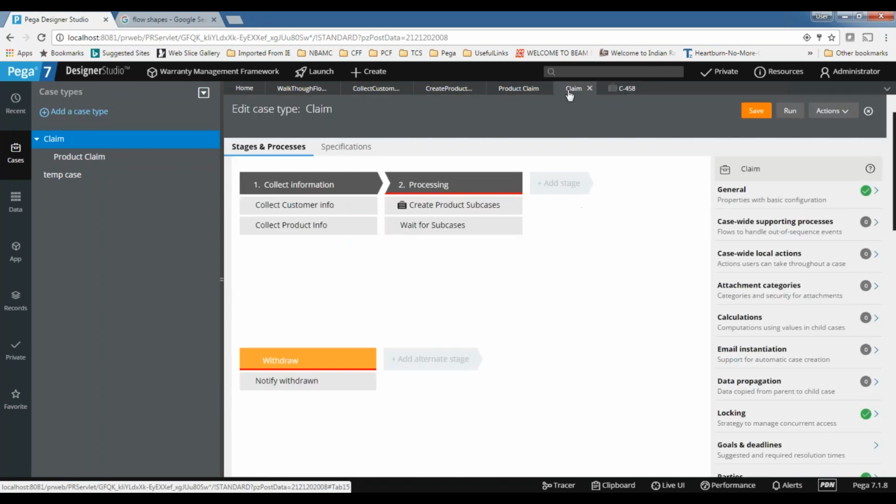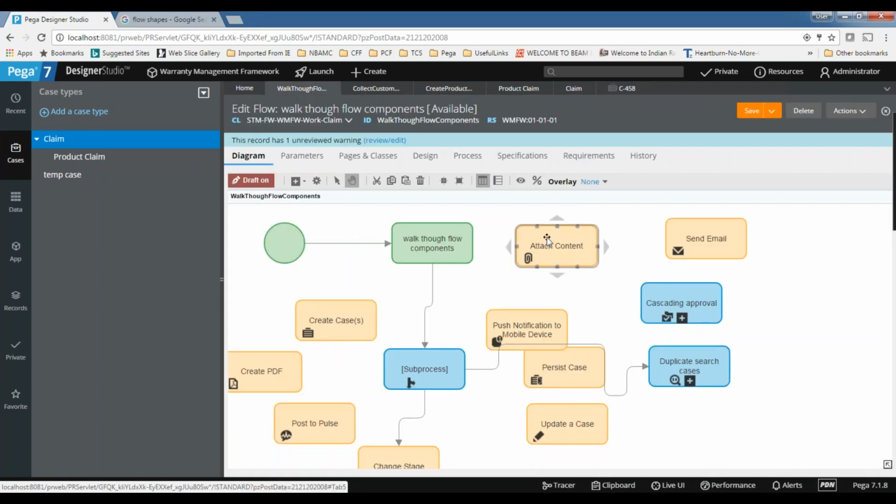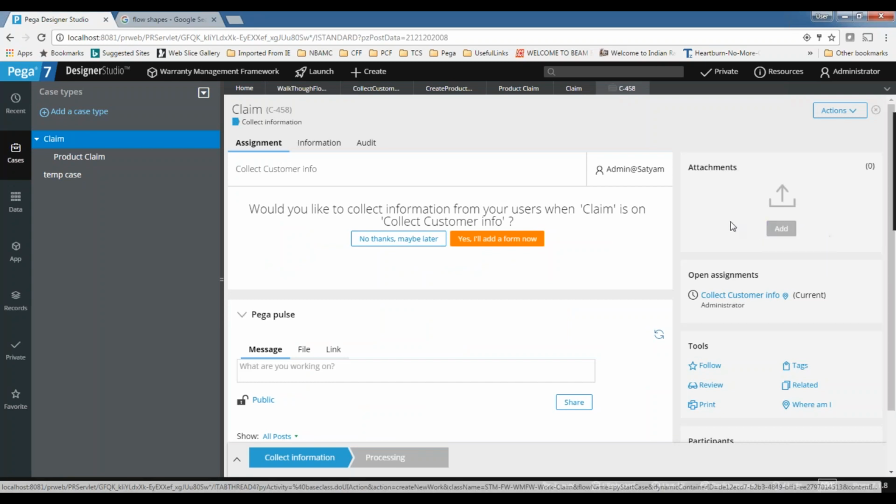But for design time, if you want to make the same attachment, when you configure here, the same attachment will be attached for each and every case, because the flow will be the same. The flow won't change for each and every case, right? So if you want to attach the same file, if that is your requirement, you can use this one. Otherwise, you can attach directly here.